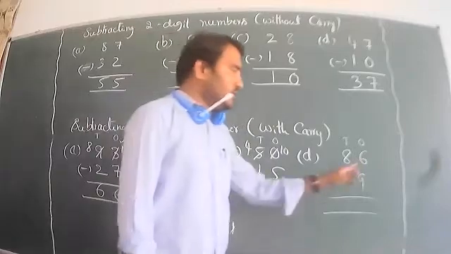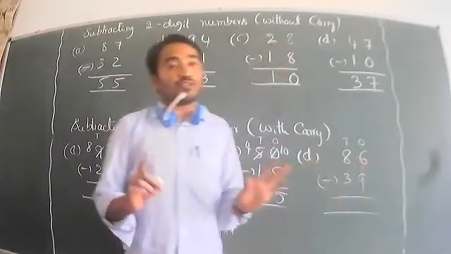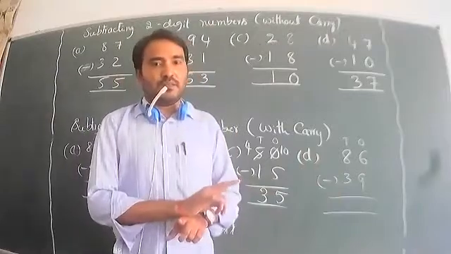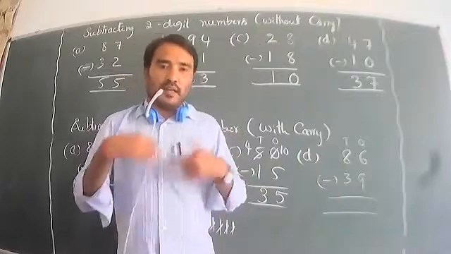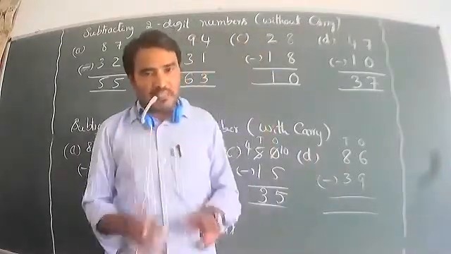Now again another one. Go for the last question. 6 is not less than 9. So we have to start the subtracting with the ones place first, then the tens place, then the hundreds place. So keep in mind, always we have to start with the ones place first, and subtract from the ones place.